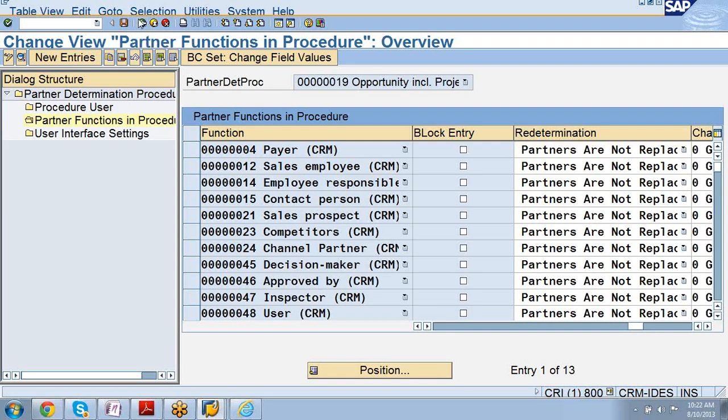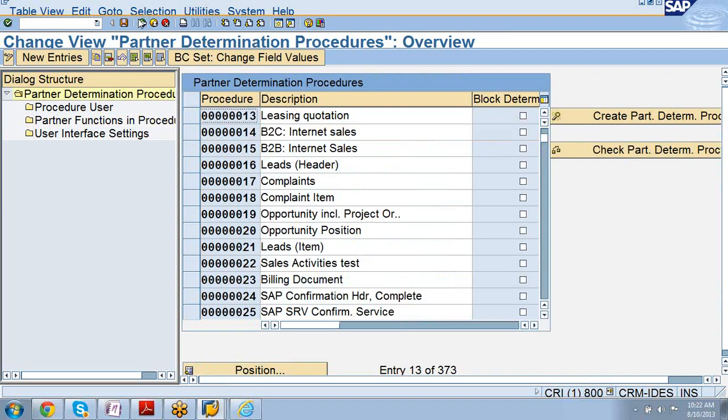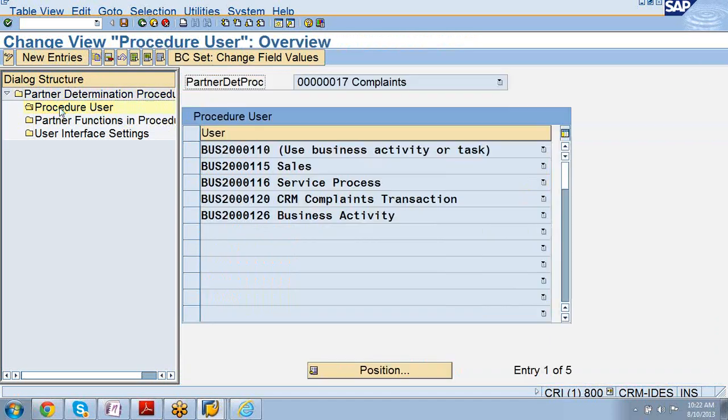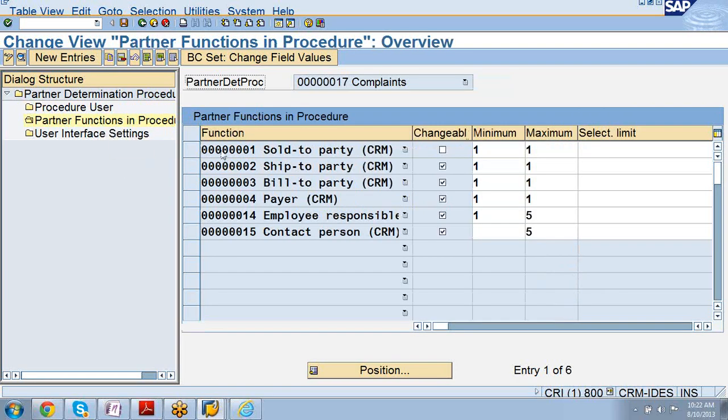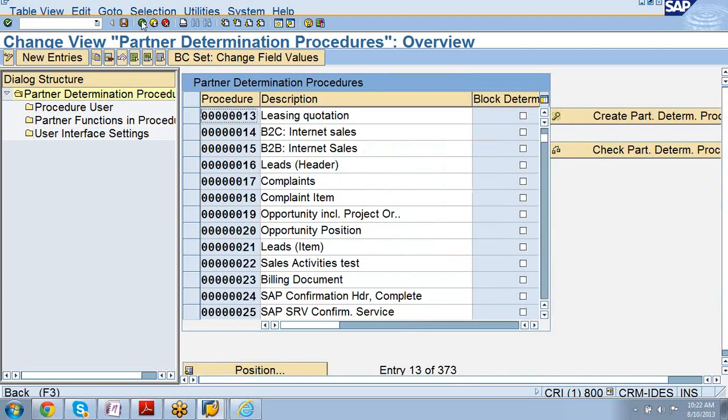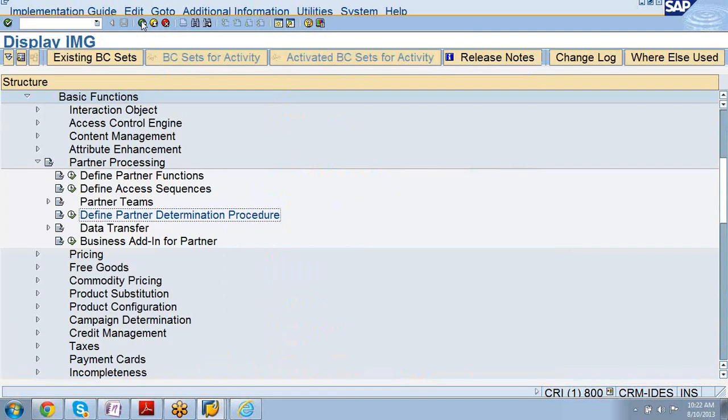So you can see others, suppose for example for complaints, go to procedure user, select. So complaint is not part of opportunity, and that's the reason there's no opportunity here. You can see only 6, but the partner function or partner determination related to opportunity management